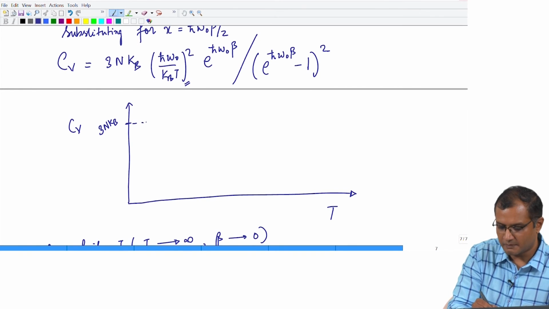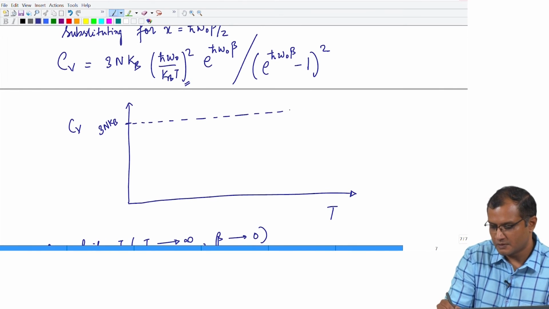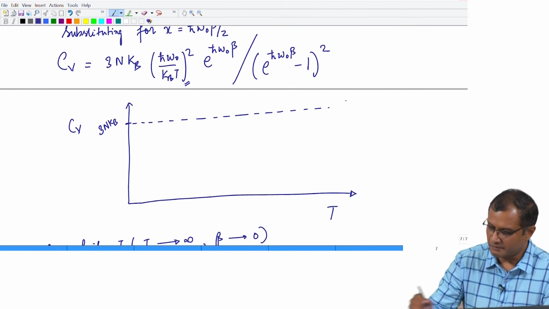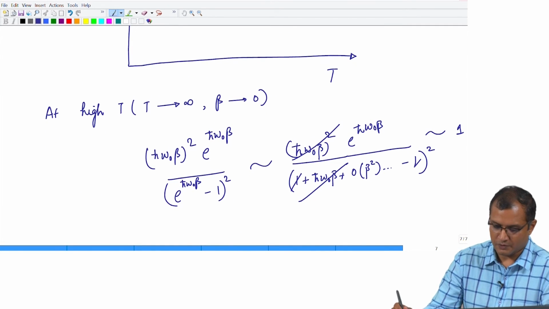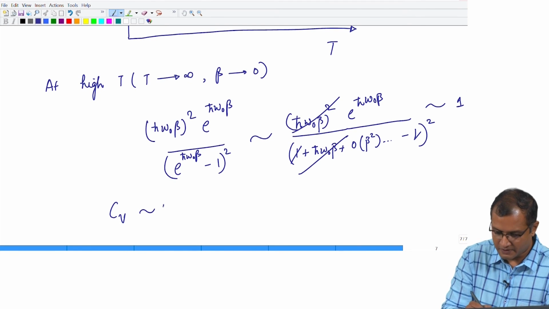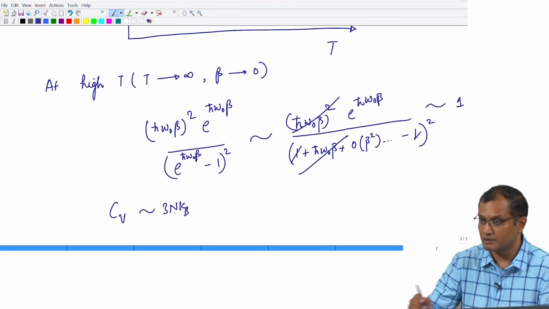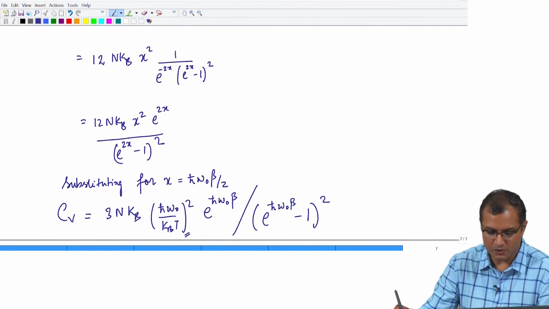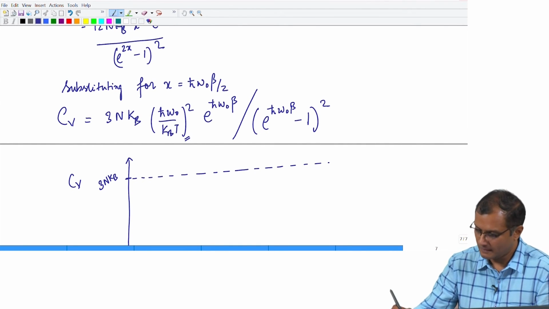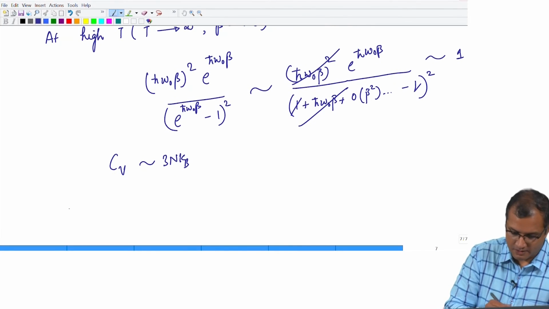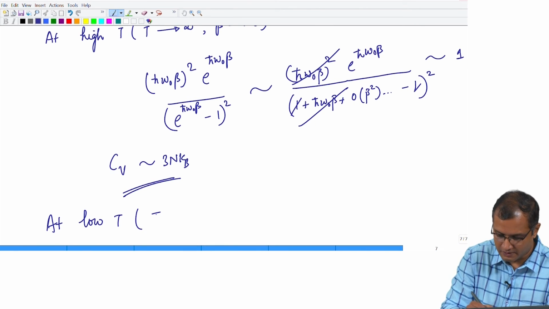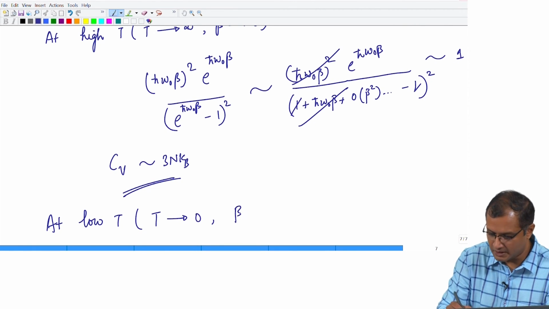So, this is the high temperature limit, also called the Dulong-Petit law. So, the heat capacity becomes constant at high T, 3 nkB. Now, what happens to low temperature? At low temperatures, when T goes to 0 or beta tends to infinity,